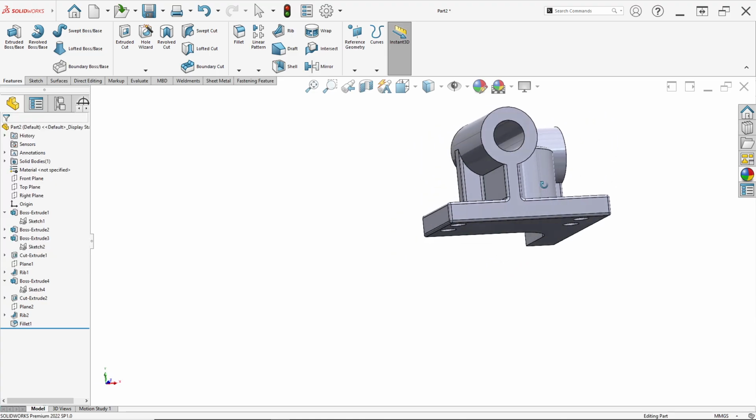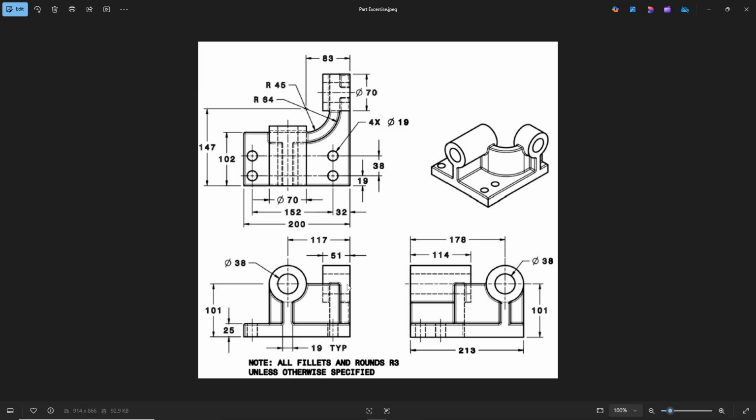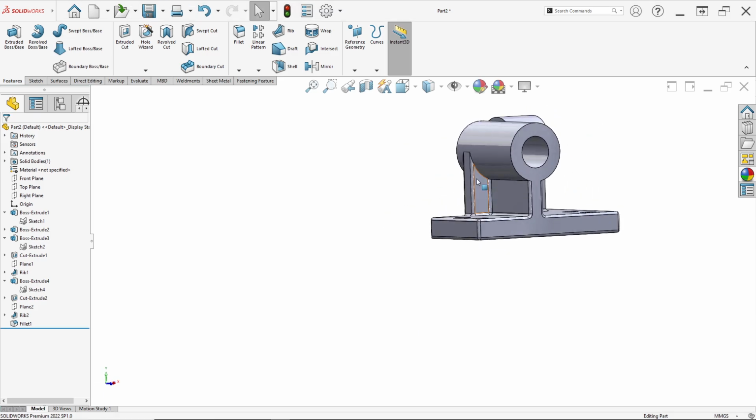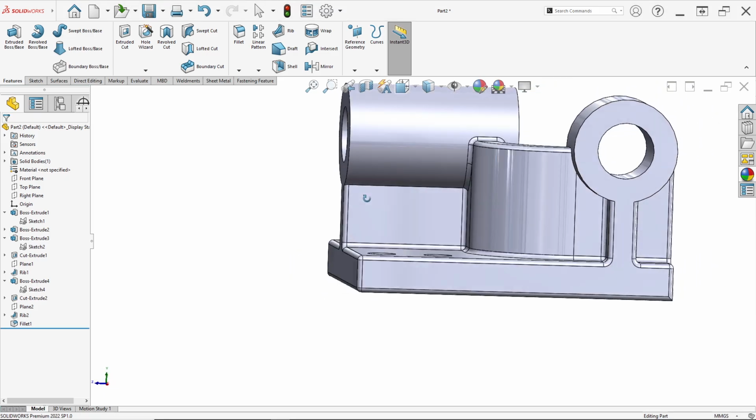Now in here there is a rib with 3 millimeter, and in here we can't forget 3 millimeter like this.